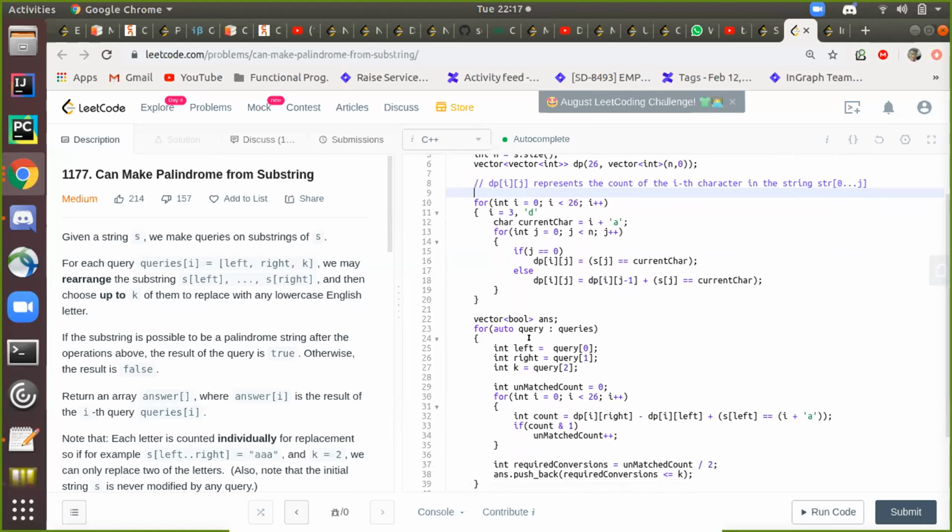I enter into this query array, iterate over these characters, and use this DP array. I had not done that left minus 1 part. I handled this character separately, because as Dilip was explaining, we have to go one step back in a prefix array to get the leftmost character. So I'm handling that here.